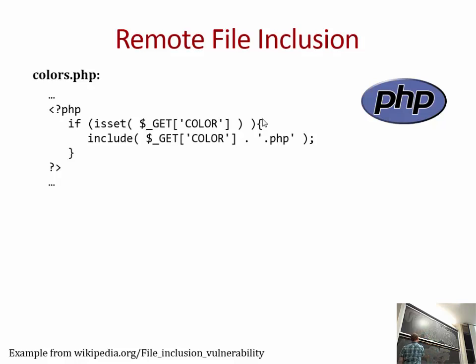We'll put in a slash or something. Slash, etc. Password. What's it going to try to do? It's going to try to open up the file slash etc slash passwd.php. That's no good. But that would pass as a valid color. It would pass as a valid color here. So now all of a sudden you can kind of probe around in the file system and can find everything